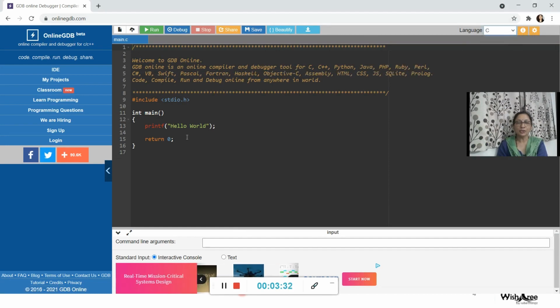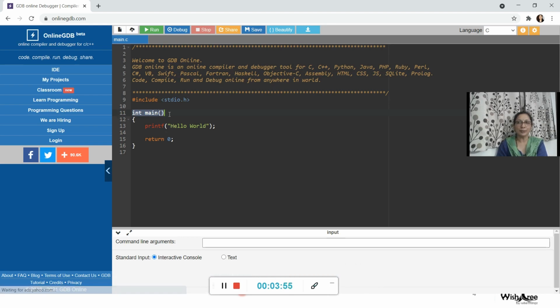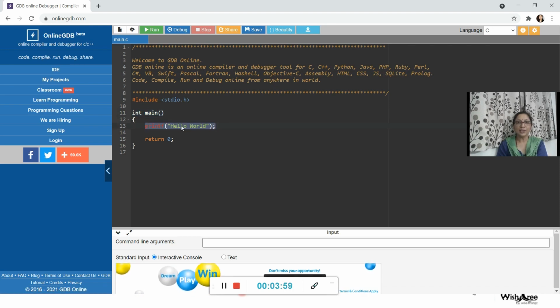So this is the simple C code. So let me brief out what the C code is and then quickly tell you how to compile the C program. So this is the header file which has to be included for the IO functions which I will be needing in the program. Input output functions. Main is the function which is going to be the initial point or the start point of program execution in C. And we have the printf statement which is going to print the message that is present here within the quotes.